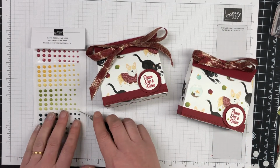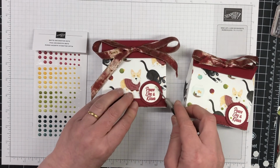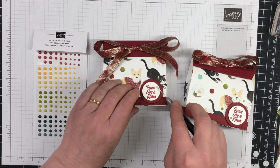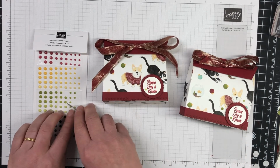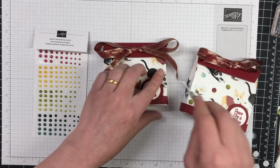But look at those ombre colors. So there's red, yellow, green, and a bluey green. So I'd say cherry cobbler, daffodil delight, old olive, and what I think is evening evergreen. But because they're ombre, it's a little hard to tell. So we're just going to pop 3 of those down,